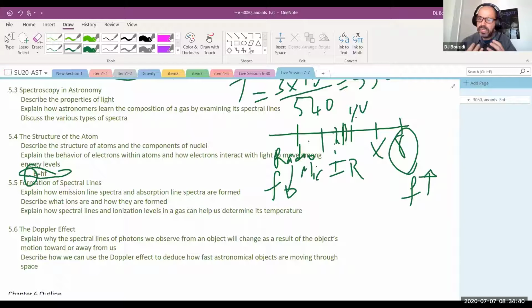Now, if it was not excited, and you shine light on it, the atoms will move from their lower energy levels to higher energy levels. In doing so, they absorb just the specific frequency that corresponds to the gap in the energy only. And that is why we have two kinds of spectral analysis.